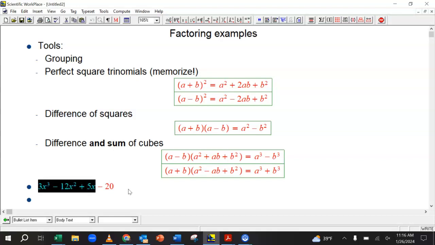It's a cubic. It's got a constant term here, so you couldn't just factor out an x or an x squared, which you sometimes can with simpler examples. The only tool we have for a general cubic like that, with a cubic term, a squared, a linear term, in other words x to the first, and a constant term, is we're going to hope that the grouping applies. Okay, so let's group these first two together, factor out anything we can,